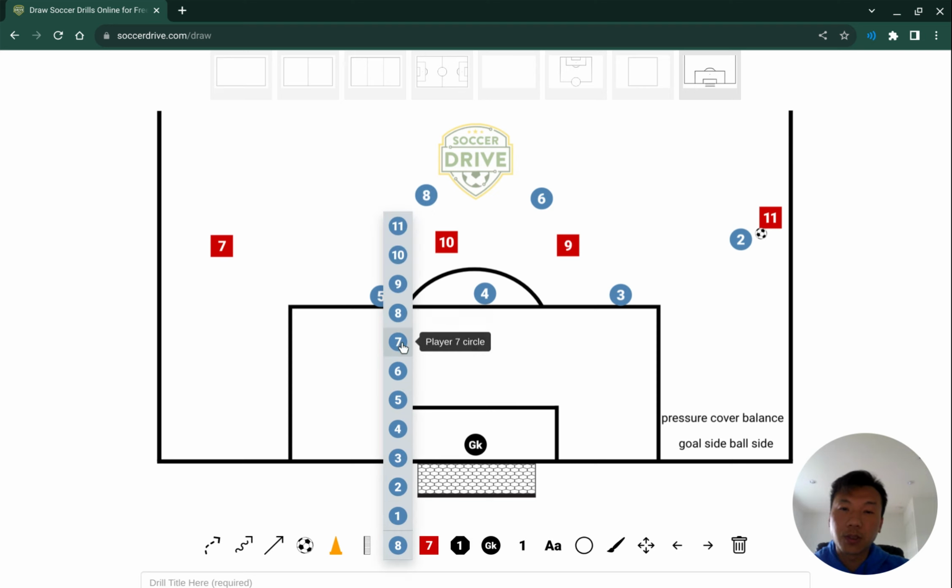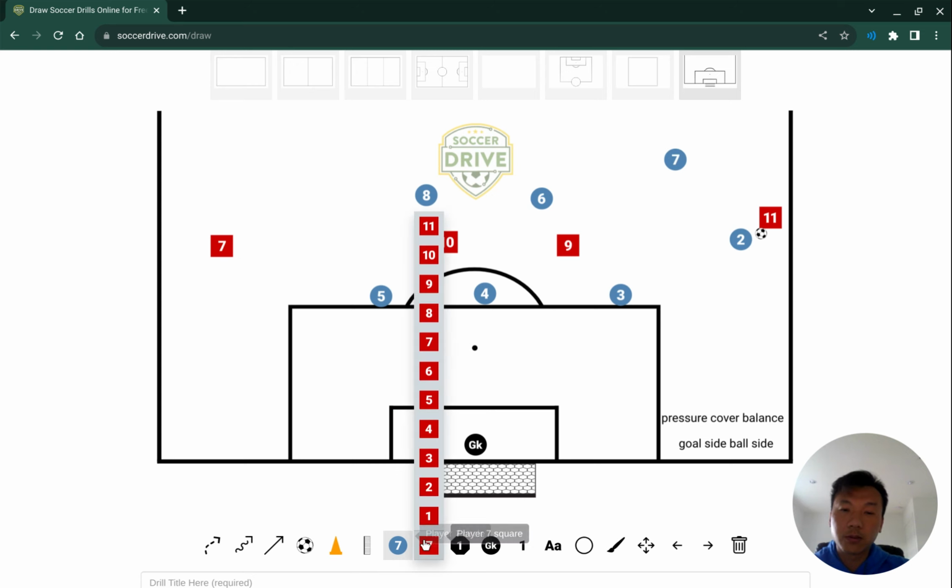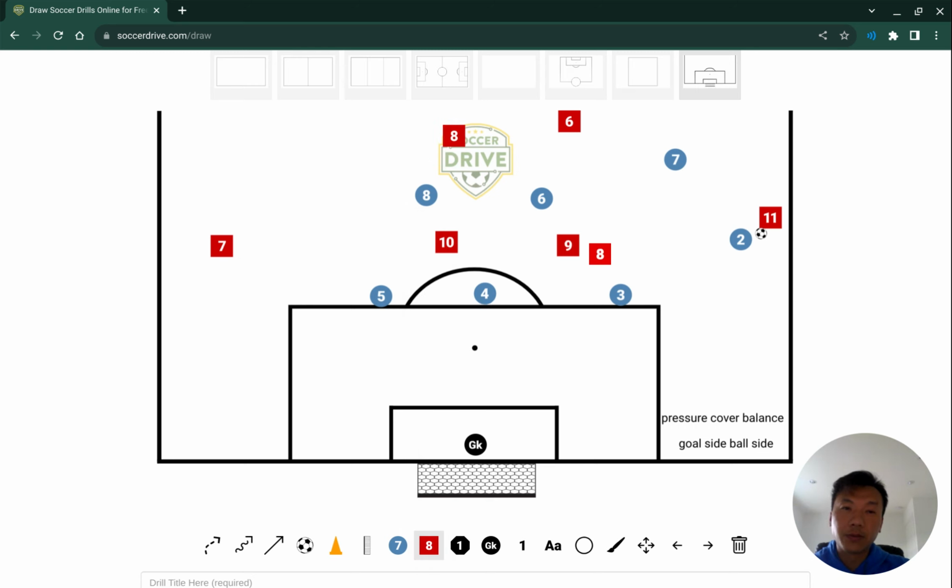Let's see, so we have our 7 here. Okay, so one more layer and we move the ball. Let's say they have 6 here. Okay, they have the 8 here. Now things will change just a little bit. Number 3 here, and we move the ball to here. Okay, now as the second line of